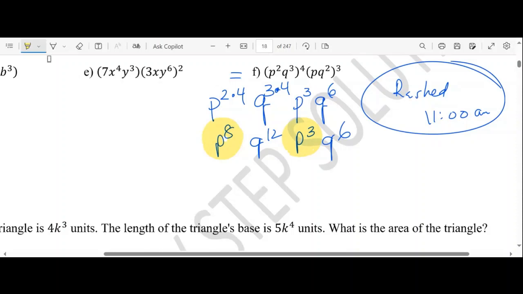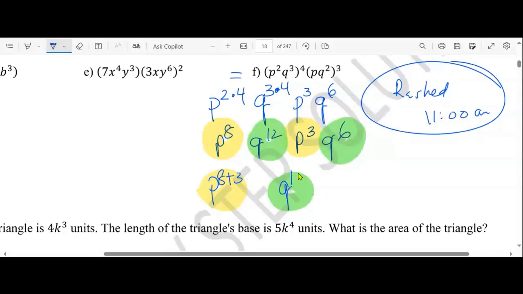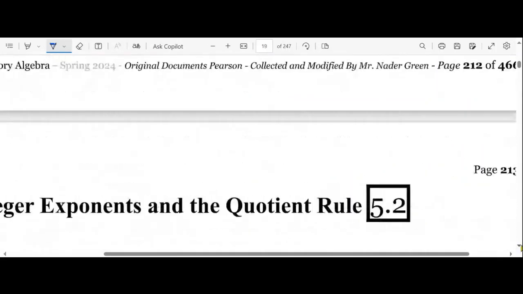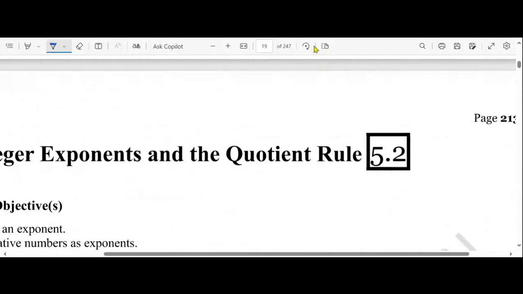We're going to combine the b's together, right? I make it like color coded. Okay. So b to the power of 8 plus 3, and then q to the power of 12 plus 6. And that's equal to what? b to the power of what? 11. q to the power of 18. If you understand, raise your hand. So now we are done with 5.1. Okay. Now we're going to move to